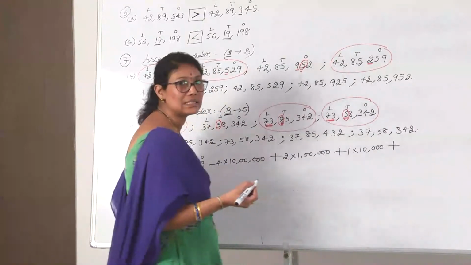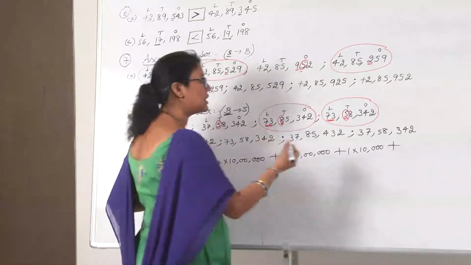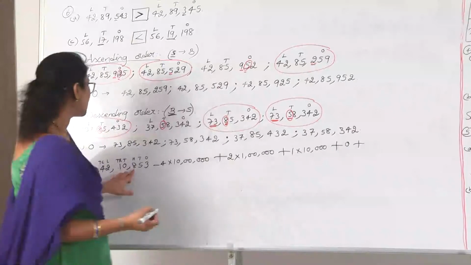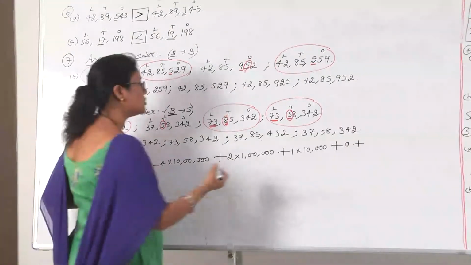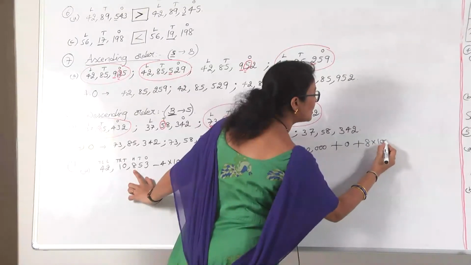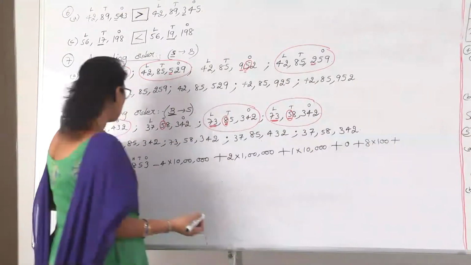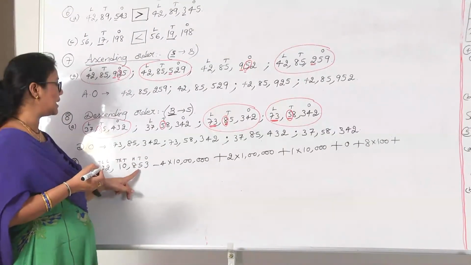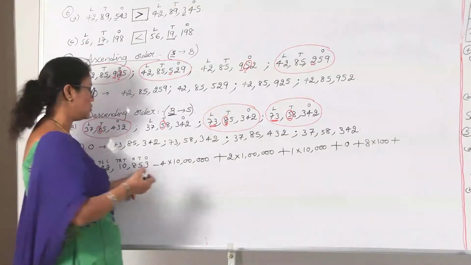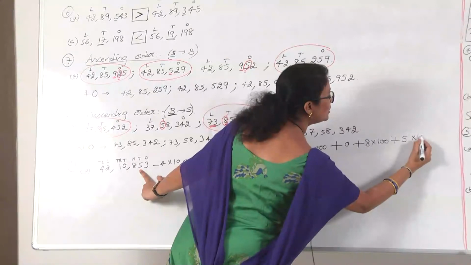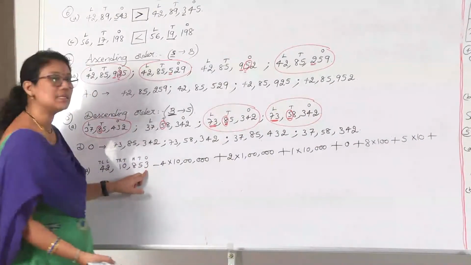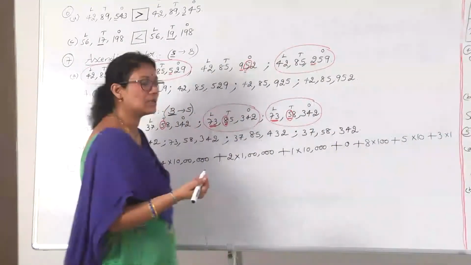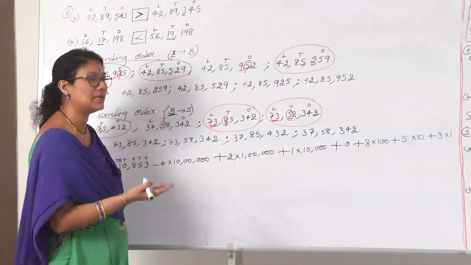As I said, the place value of 0 is 0. So directly we can put 0 here instead of multiplying, or if you want you can multiply it also, it does not matter. Next under hundreds place it is 8. So 8 is to be multiplied with 100 as its place value, as 8 is under hundreds place. Right children? Next 5 is under tens place. So 5 is multiplied with 10. 5 into 10 plus 3 is under ones place. So simply we write 3 and multiply with 1. It's up to us. We can write 3 directly like that, otherwise multiply it with 1.